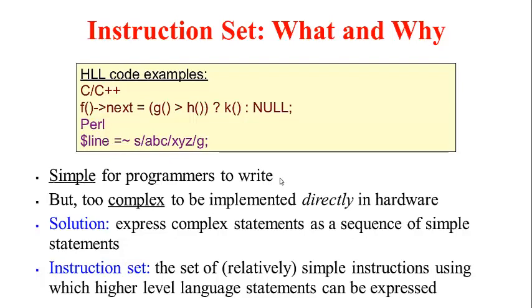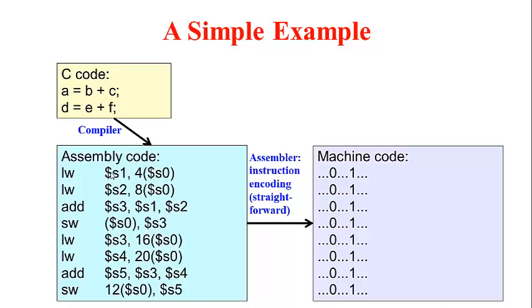It would be a good exercise for you to think of some examples of a single higher level language statement, in any language that you're familiar with, which you think is too complicated to be implemented directly in hardware. Let us use this example which we have come across earlier. Here we have a simple piece of C code which is translated into assembly code. Instruction set design thus deals with what is the set of instructions in assembly language code which we need to support so that all higher level language statements can be expressed using a combination of these instructions in the assembly